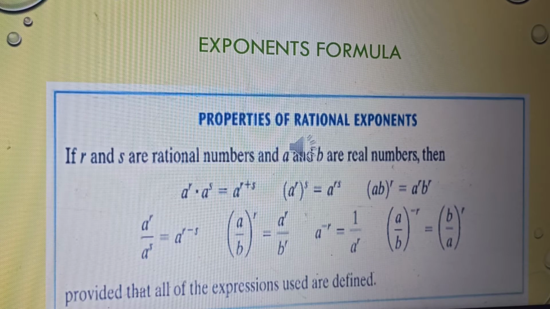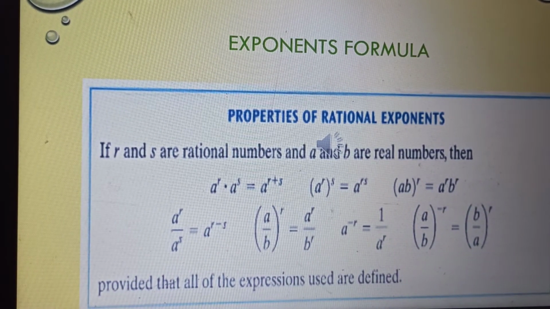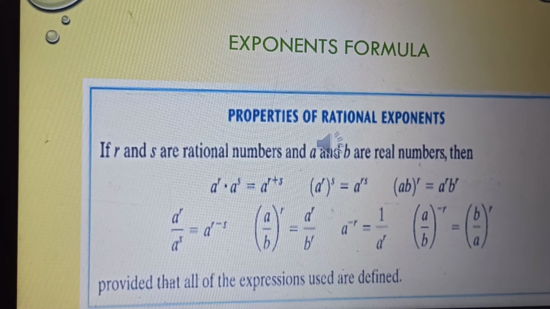Before going to study the problems, we should know these exponential formulas. a to the power of r, whole raised to s, equals a to the power of rs. Or a to the power of r into a to the power of s equals a to the power of r plus s. And ab whole raised to r is a raised to r into b raised to r. Especially the second formula we are using in this problem. So today we are going to study these three formulas also. Just learn the formulas by heart. The remaining I will explain when that chapter comes.